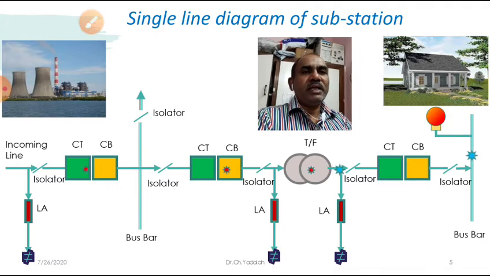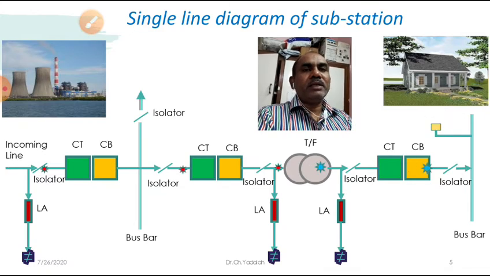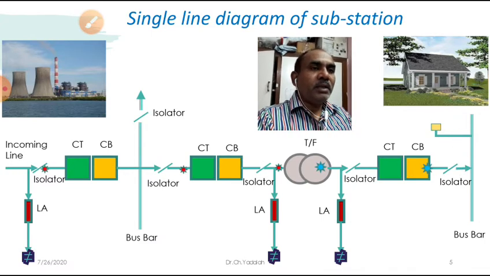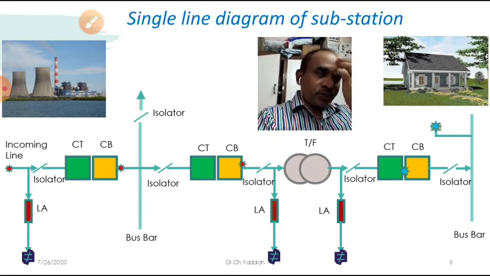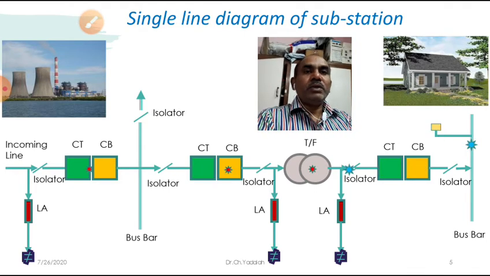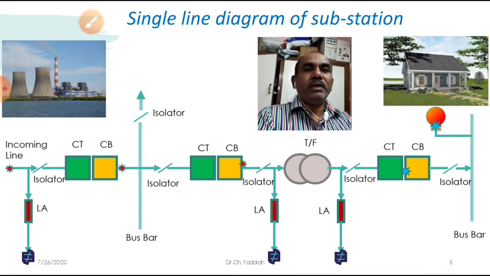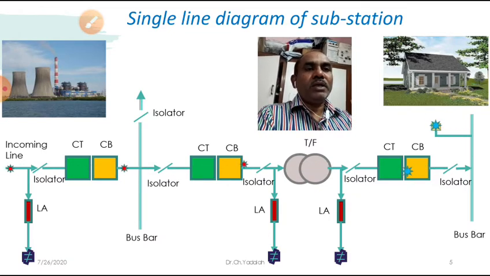So what are the stages here? First, we control the incoming line at the circuit breaker before the bus bar. After that, once again before the PTR. After that, we connect after the PTR, and next we give the supply to the station transformer. In addition to the circuit breaker, we also use an assisting device to the circuit breaker. This is an isolator. What is an isolator? An isolator is a mechanical device which can be operated under no load condition only.